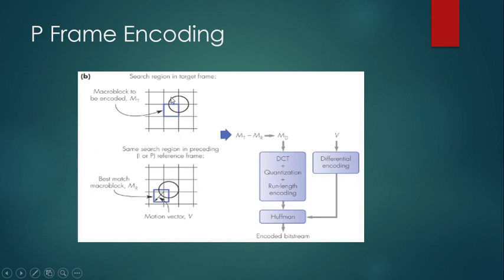So if you are comparing, you can see, say this is our target frame and this is our reference frame. So we have a target frame and a reference frame. Now we have to calculate the motion vector V. As you can see in the figure, it is being differentially encoded and transmitted, and also the difference in the macro block between the target frame and the reference frame is now being encoded. It is given to our DCT, quantization, and the same steps as that of the JPEG. So both together, this macro block MD as well as the motion vector V, are now encoded and transmitted. As you can see here, the object has actually moved.